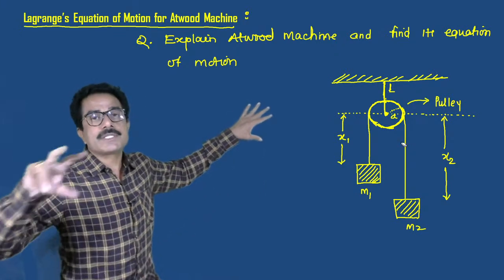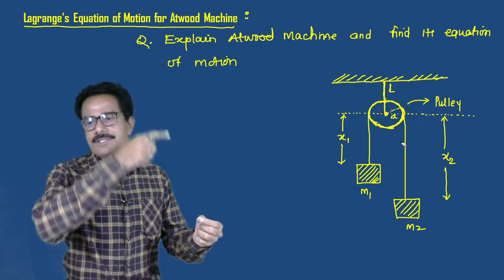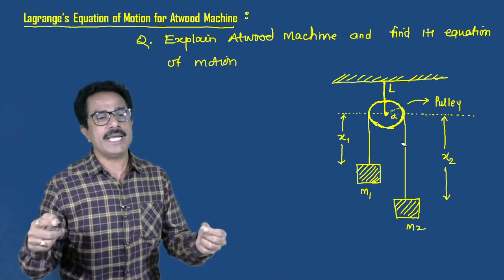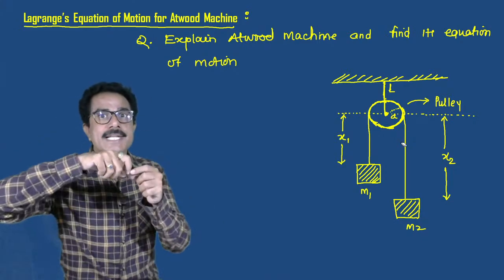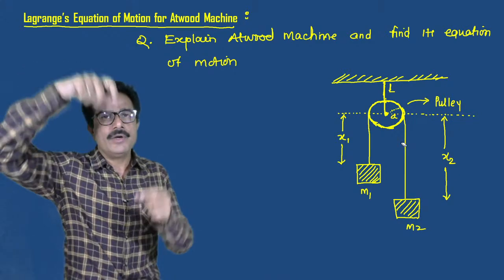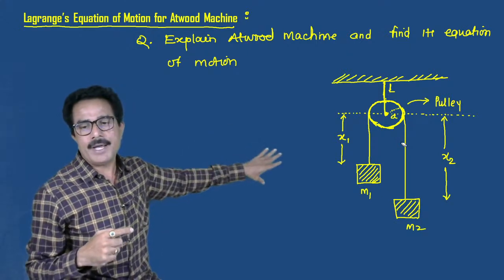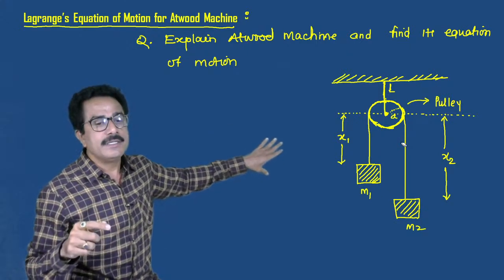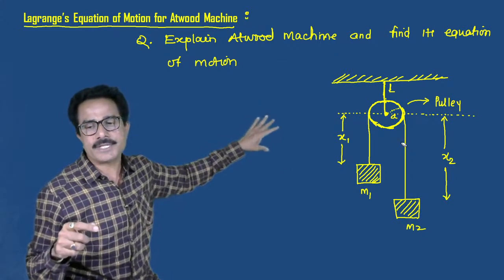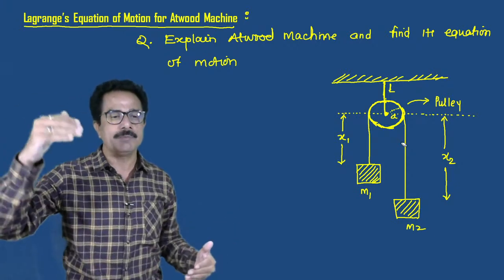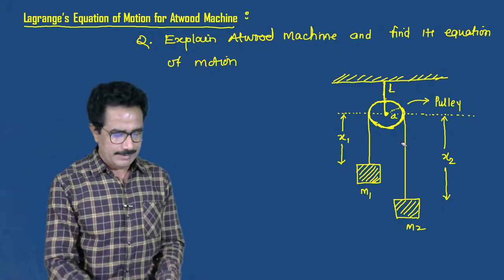Look again, suppose consider two masses M1 and M2 connected by a string of length small l, which is taken over the pulley. The pulley is attached to the fixed point O, and the string is movable and inextensible. Suppose at any instant the length of the mass M1 from the pulley is x1, and the length of the mass M2 from the pulley is x2. So the total length of the string is given by